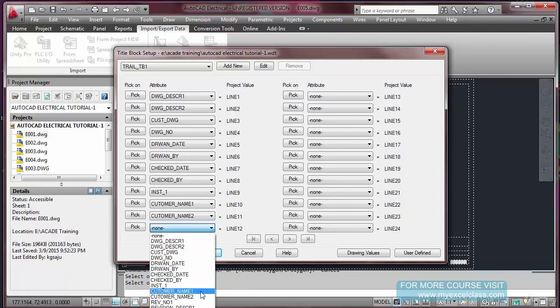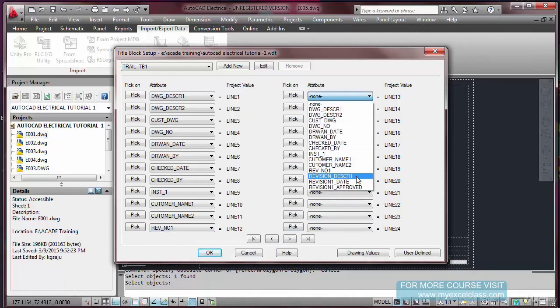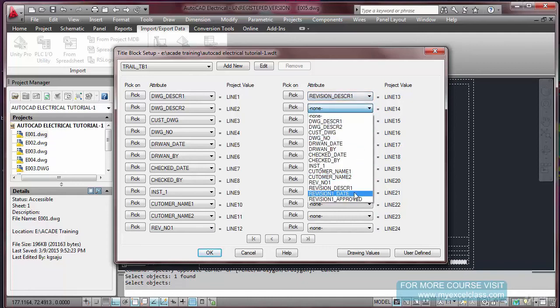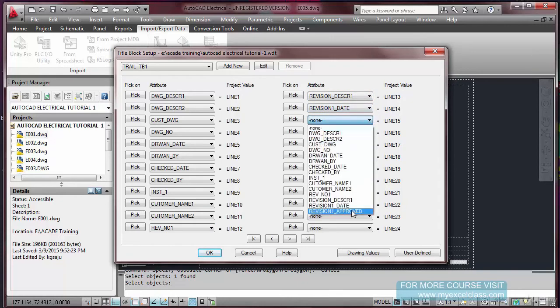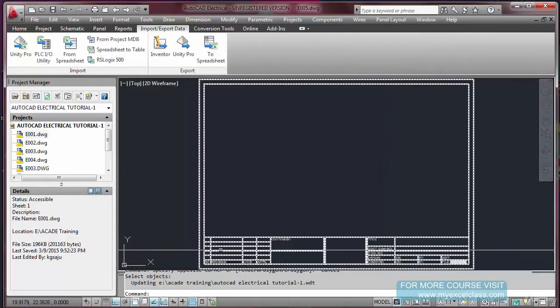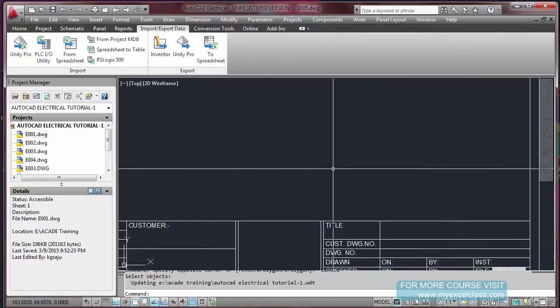Okay, so take care. So customer name, customer 2, revision name 1. Now revision description 1, revision date, revision approved. Okay, fine. Oh, but nothing changed. Don't worry, everything will get changed.